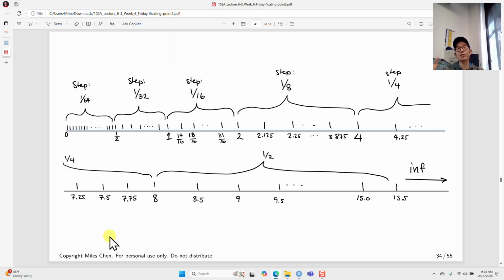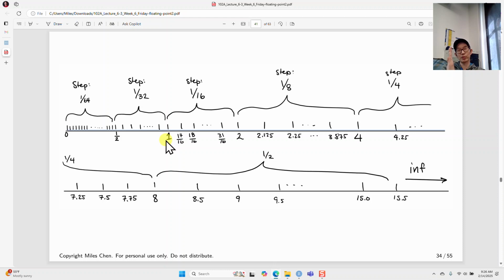256 unique values that I can represent with 2 to the 8, okay? And in the beginning, our step sizes are 64ths, all the way from 0 to basically 1/2. In denormalized mode, I'm incrementing by 64ths. In my smallest normalized mode, I'm incrementing by 64ths, okay? Then once I reach 1/2, I increment by 32nds,